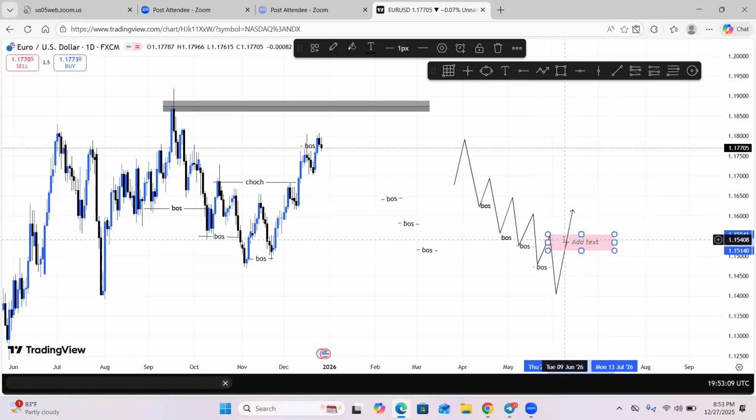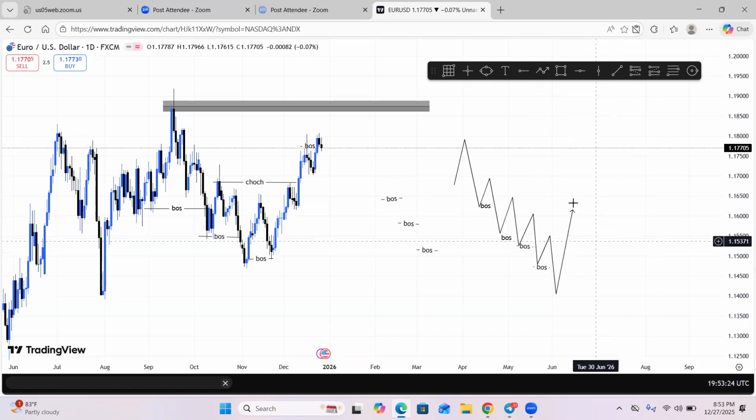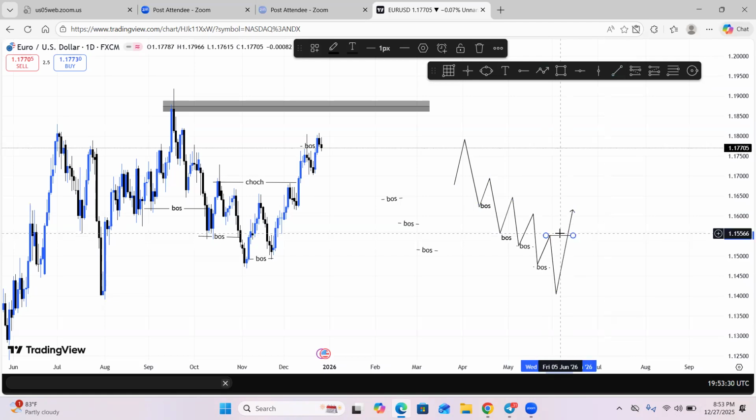Sometimes, because it is breaking structures to the downside, we expect a small retracement and then it keeps moving down. But because it came and cleared this level, it gave us a change of character. A change of character means when the market changes in trend, changes